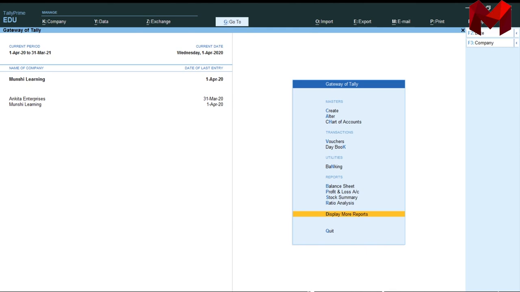And if the other person has issued you something, don't think anything else. If the other party has issued you a credit note, just enter it as a debit note. If the other party has issued you a debit note, just enter it as a credit note. You don't need to think about that, because the other person has given you the notes as per his books, not as per your books. You need to enter as per your books, whether you want to increase or decrease the balance of that party.